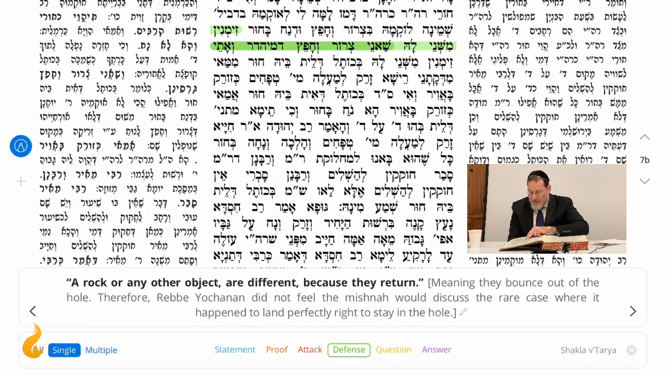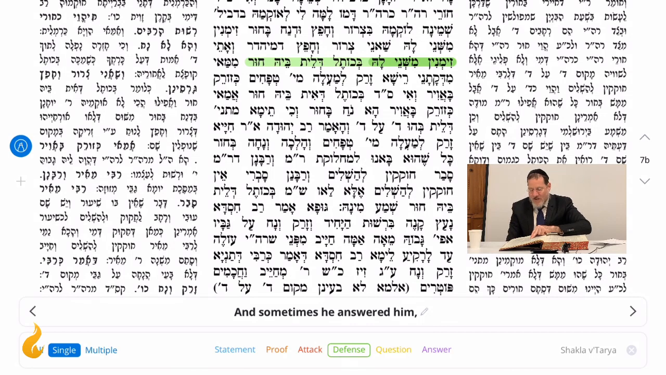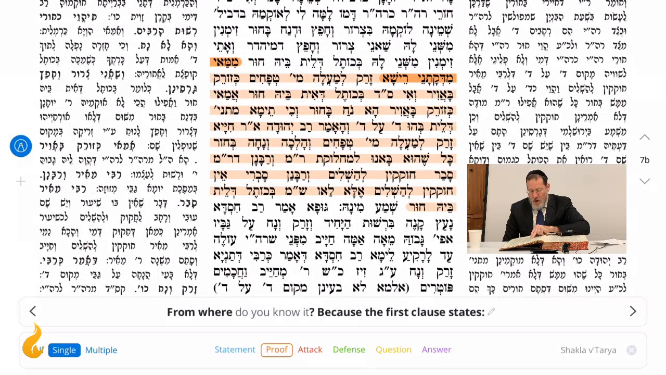Or, Abaye answered that this Mishnah must be referring to a wall that has no crevice. It must be that way anyways. So it must be something sticky. How do I know that the Mishnah is not speaking about a wall with a crevice? It's davka a smooth wall. Because